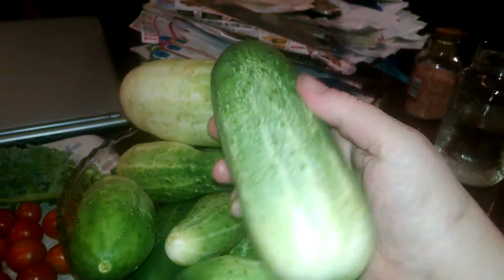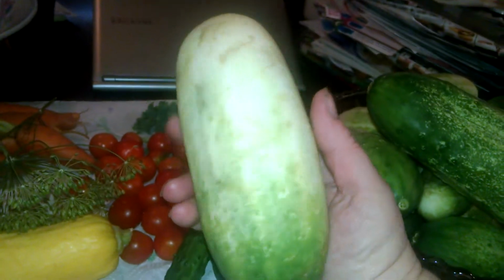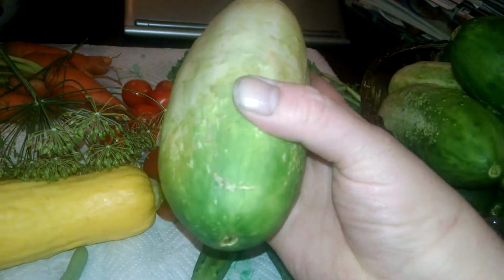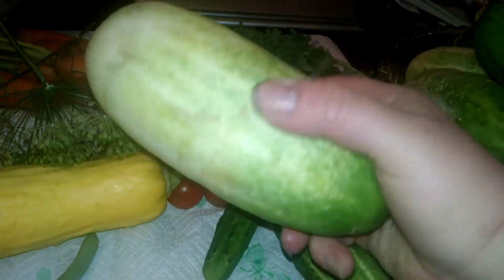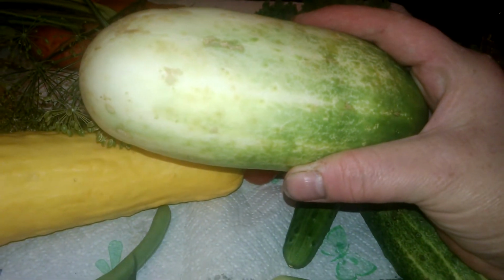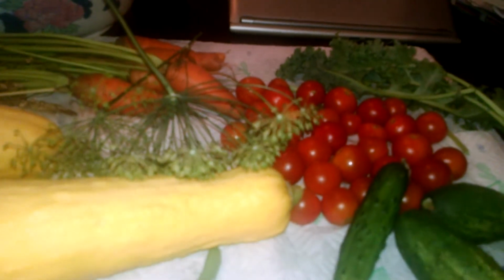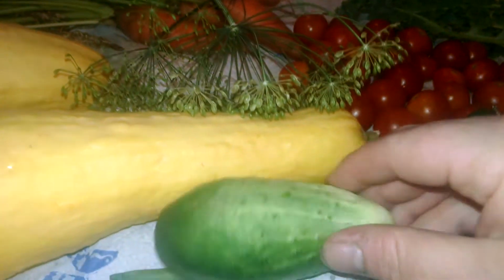I mean, look at this thing. It's bigger than my hand. Look at this one. It's huge. Huge. I'm not sure what kind of pickle this will make, but she said she's been pickling them, and some of these bigger ones they've been eating like as salad cucumbers, and she said that they're really sweet,